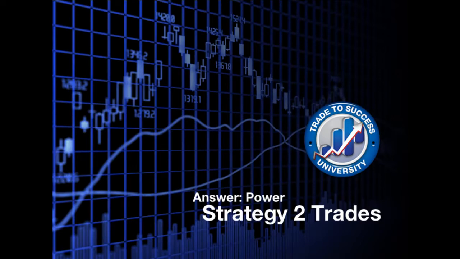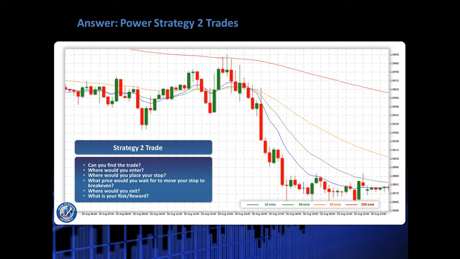Okay, so let's answer this Power Strategy 2 trade. The chart in question is this one here. Again, we want to identify the trend, we want to identify the way the MAs are going. Now, the MAs sometimes give us a bit more information about what previously may have happened on the chart. For example, with this sideways movement here, you may not know which direction price was going in previously, but we